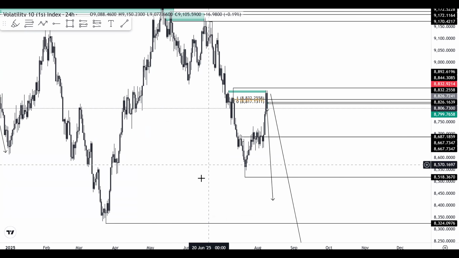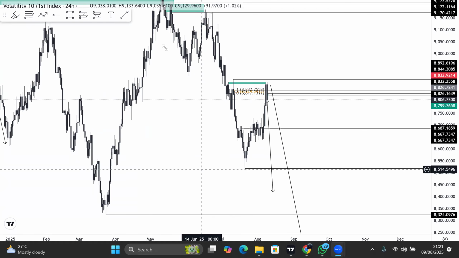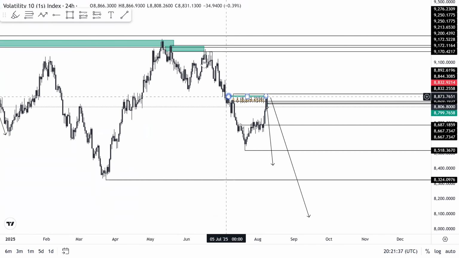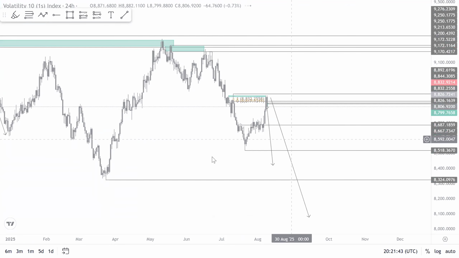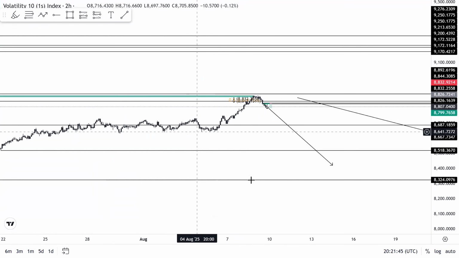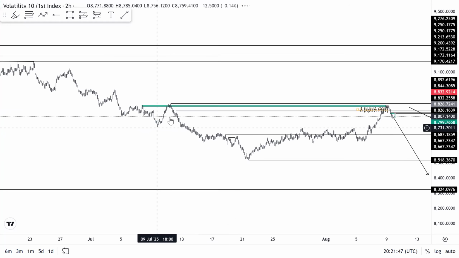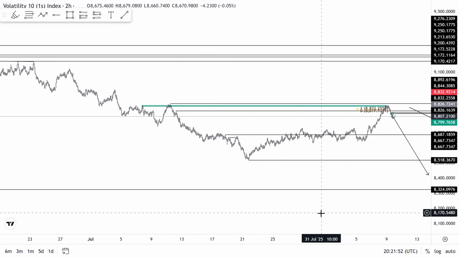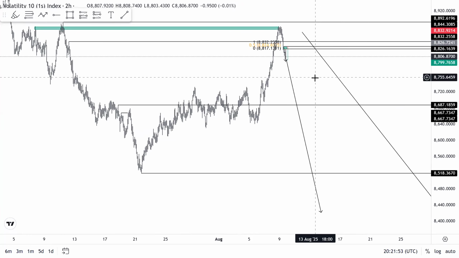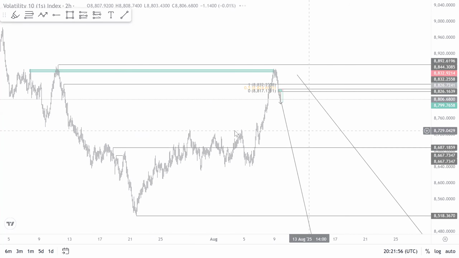Okay, so sorry. Now, market took out the structural liquidity. So from here, price gave us another structure again, and it's selling from here on the 2-hour time frame. This is what's happening right now on the 2-hour time frame. Market came to take out the structural liquidity and is selling from this side. So what I'll be looking for is a re-entry on the lower time frame.